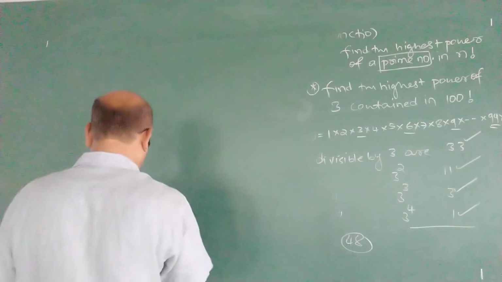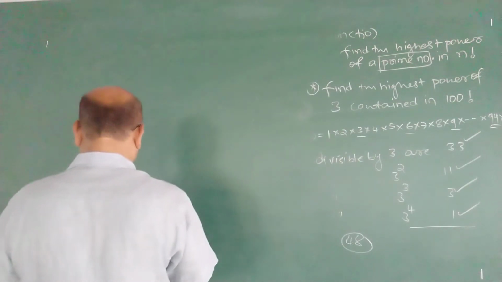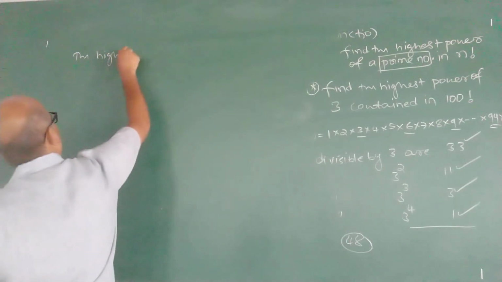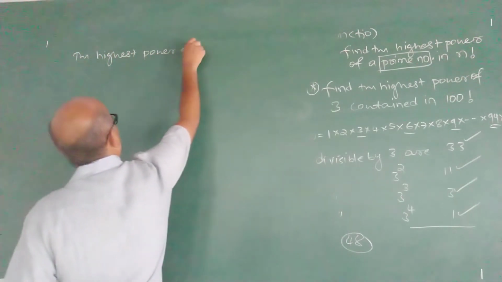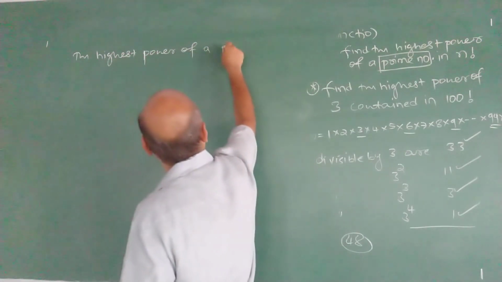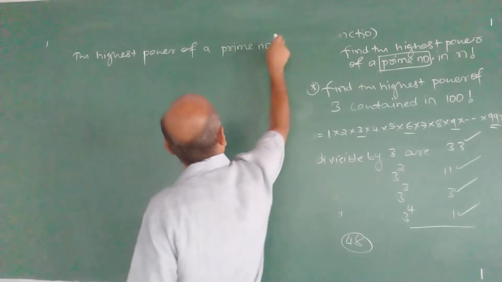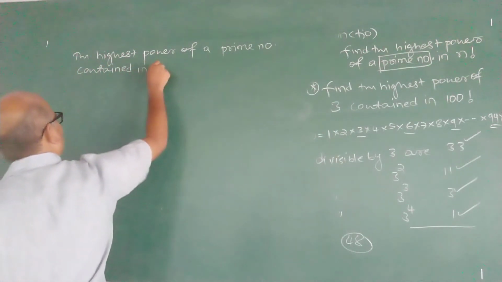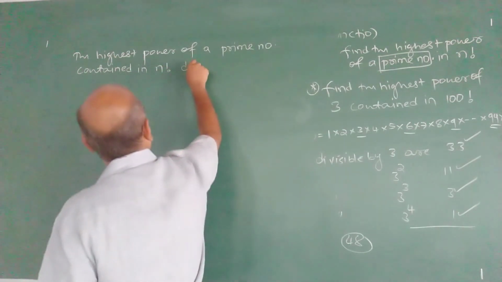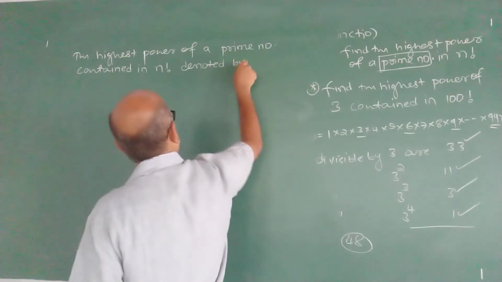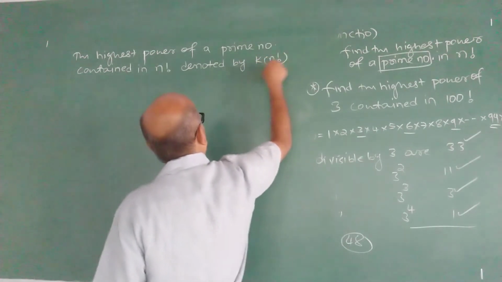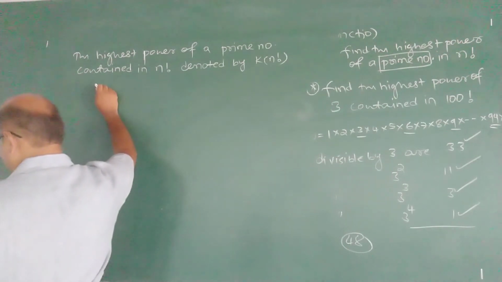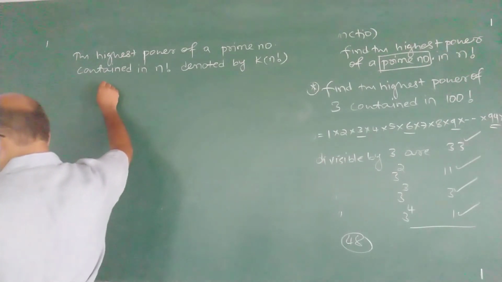The formula is like this: the highest power of a prime number contained in n factorial, denoted by k of n factorial, is